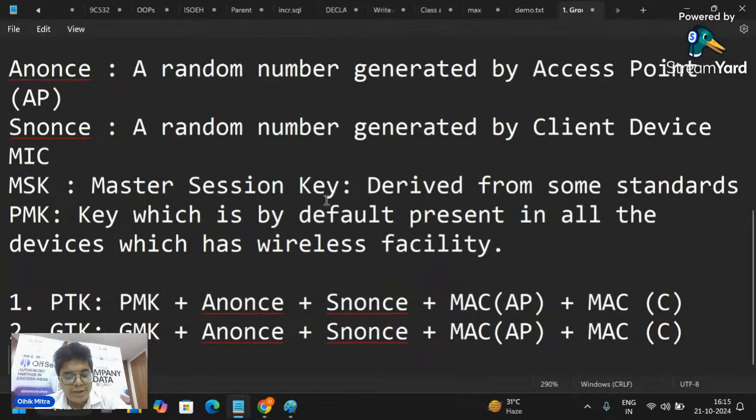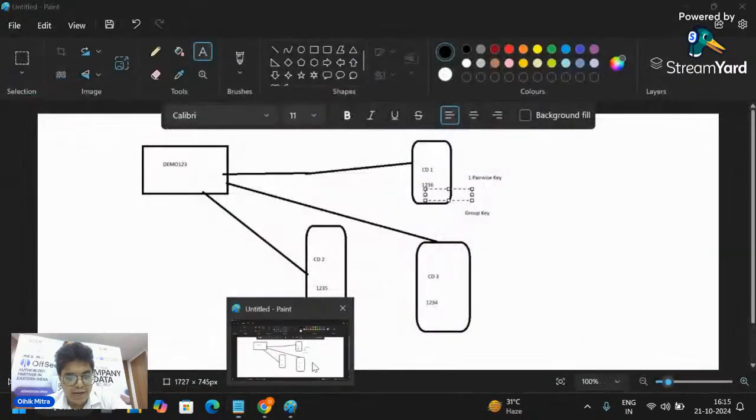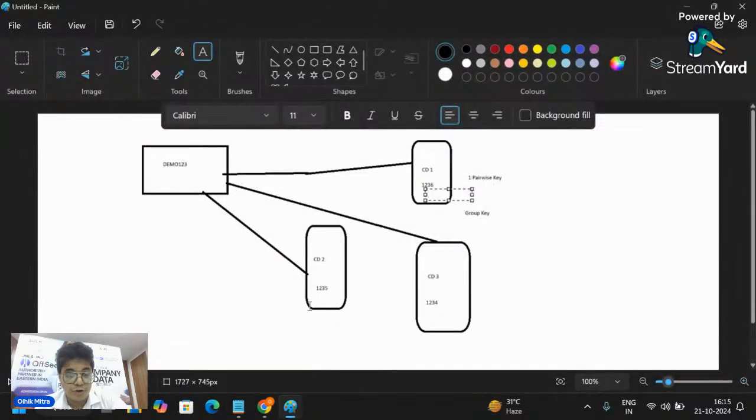Now let's come back to a diagram. Now I will show you what the wireless LAN four-way handshake is. People who have learned networking or have basic knowledge of networking know what the TCP three-way handshake is.